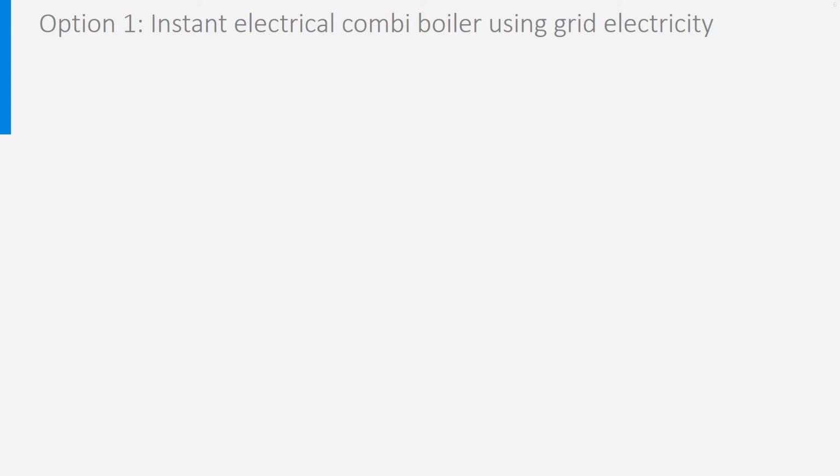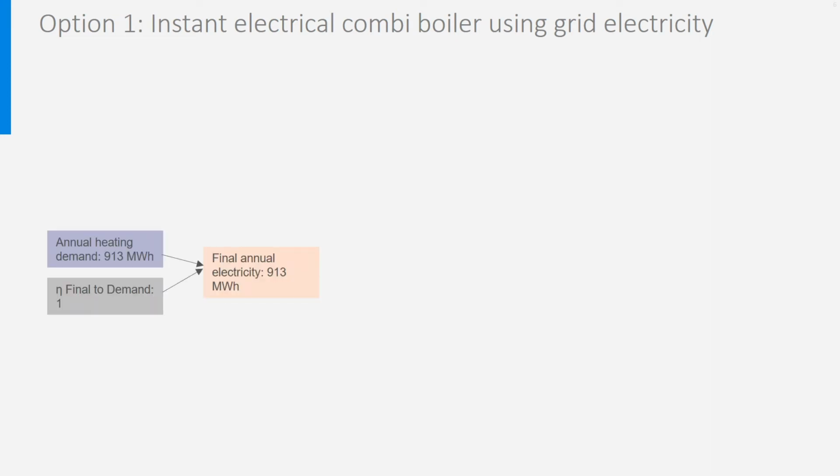Let's start at the start. We just agreed to add space heating to hot tap water, by which the annual heating demand is 913 megawatt-hour. We switch from kilowatt-hour to megawatt-hour and round it up to avoid awfully long numbers. We have discussed in a former lecture that the efficiency of an electrical instant boiler is 1. The final annual energy is of course electricity, and the amount of needed electricity is 913 divided by 1, which is 913 megawatt-hour. We now need to calculate the primary energy.